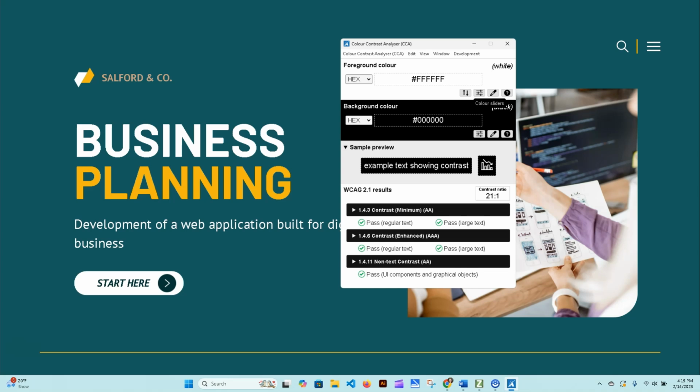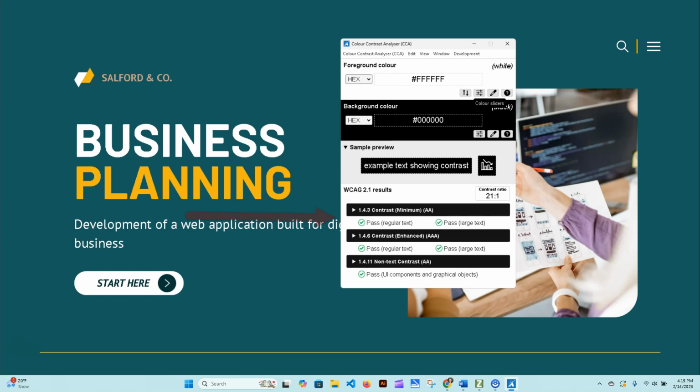So that's super helpful. And then right below that, we have the WCAG 2.1 results. WCAG is at 2.2, but these color contrast ratios haven't changed since then, so these won't be affected by that. So don't worry about that being 2.1 versus 2.2. But you can see here our success criteria of 1.4.3 for the color contrast minimum level AA.